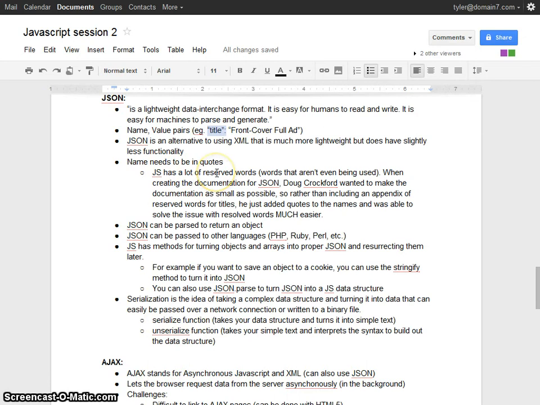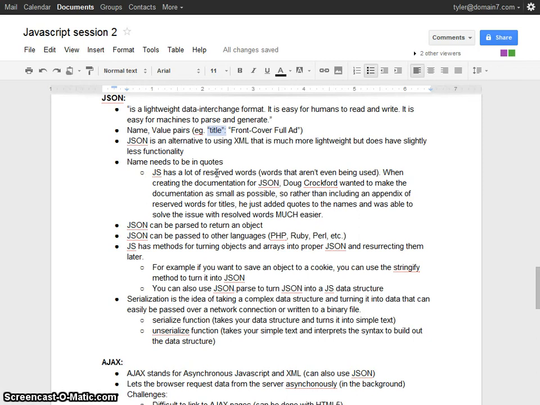And these reserved words are like function names or words that cannot be used as variable names. And some of them are reserved words that aren't even being used for functionality.